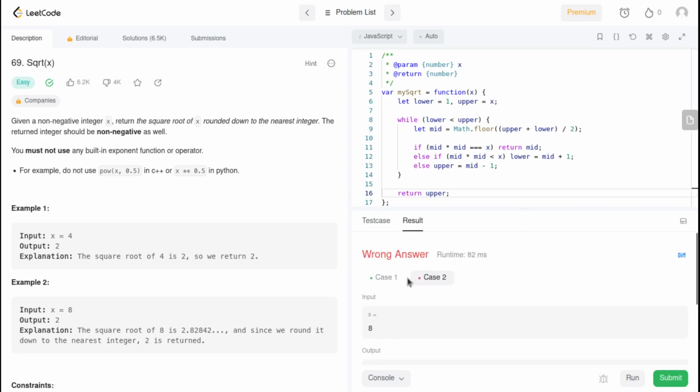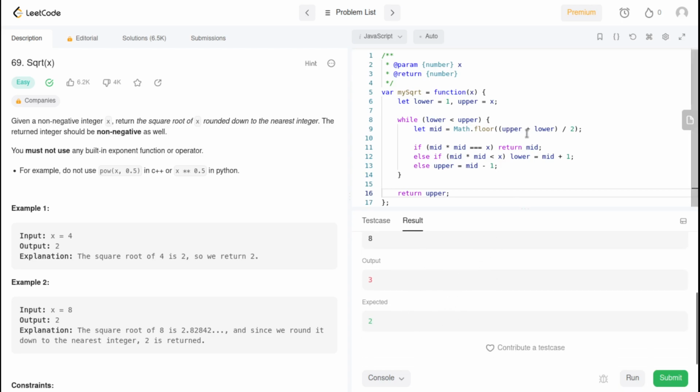So we have case one. Case one is actually correct, 2 2. Case 2 is 3 2. Okay,